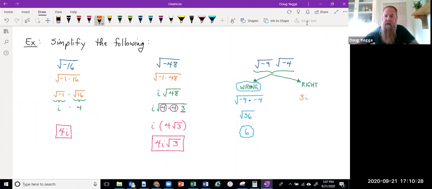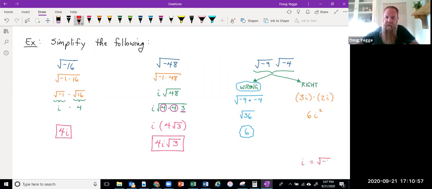or 3i, times the square root of negative 4, which is 2i. So notice that that becomes 6i squared. So the process of working with multiplying imaginary numbers together works just like regular exponents. i times i is i squared. But we need to take a little side note here and recognize that if i is equal to the square